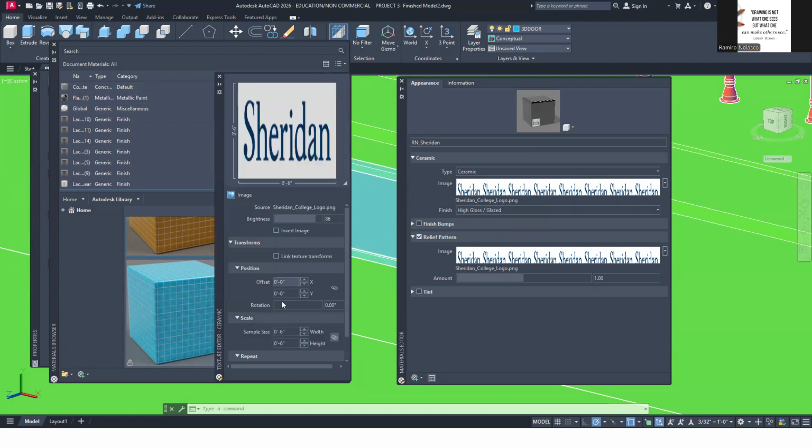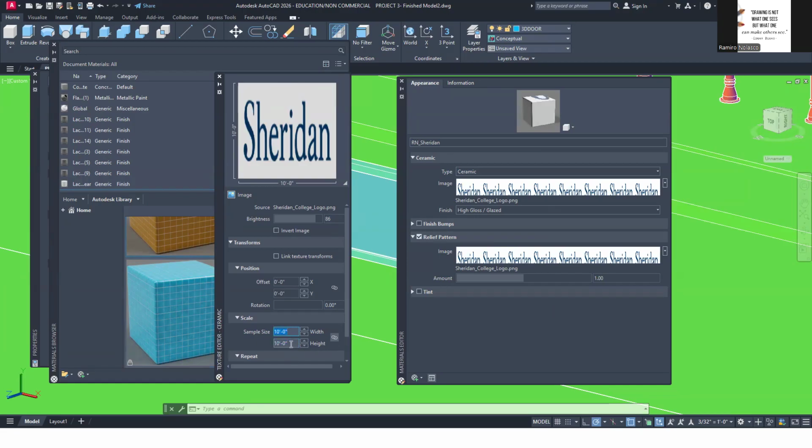scale. The scale, right? So right now it's 10 feet. So do we say 10 feet here? And then what's the height? We'll see. Let's just say the width is 10 feet.